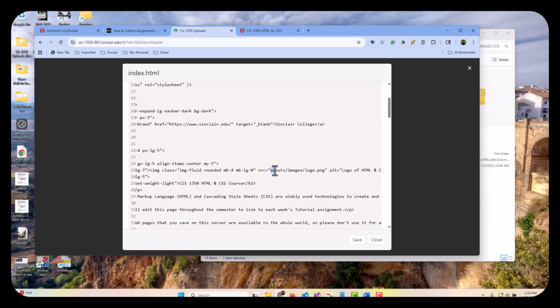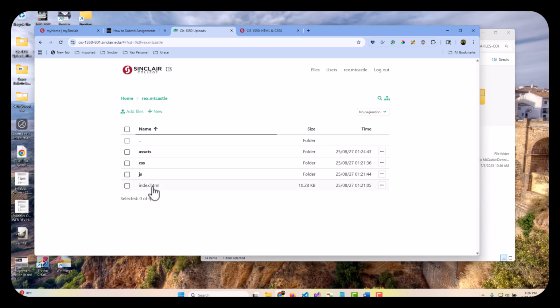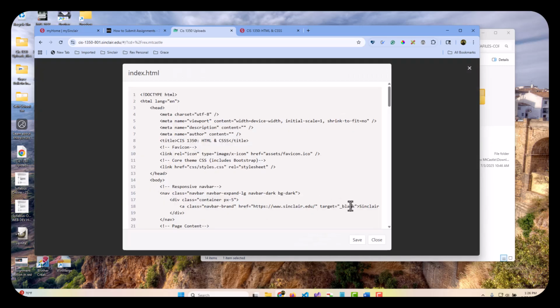Notice that it says, look for the code for this particular logo image inside of the assets folder underneath a folder called images. Well, if I did not have this assets folder right on the root with the index file, this is called the root area because it's the top level, it would not know where to find that. So if I moved this inside of the CSS, I would have had to change this code to say,